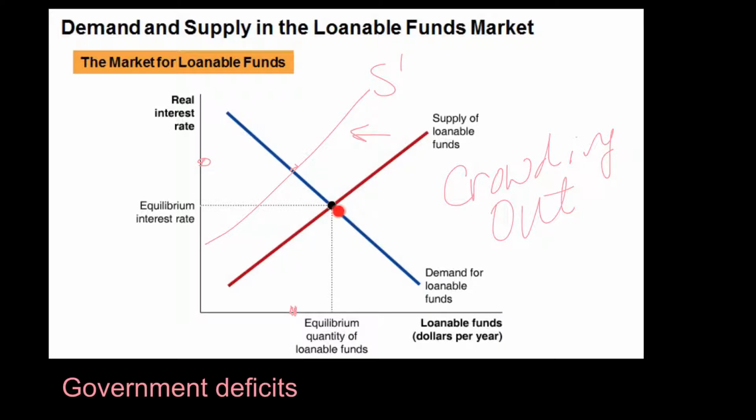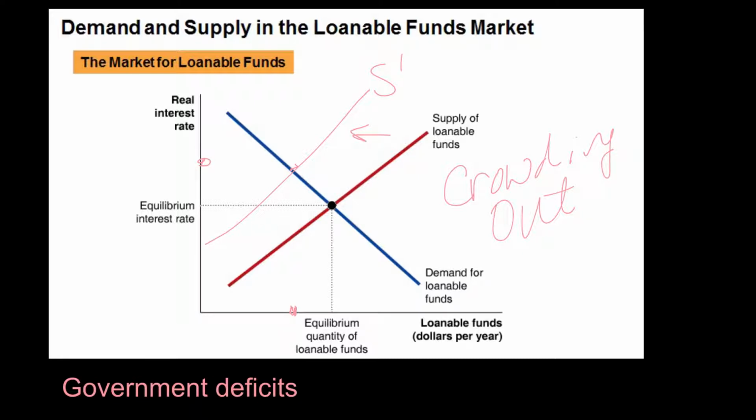So where do we get the crowding out of investment is we can see this movement along the demand for loanable funds. The businesses used to, let's just pretend this was a balanced budget to keep it simple, this used to be all business investment demand, right? That was how much they used to demand. But now that you've caused the interest rate to rise, they're only going to demand this amount. And so the businesses have essentially been crowded out. The quantity they're going to invest has been crowded out.